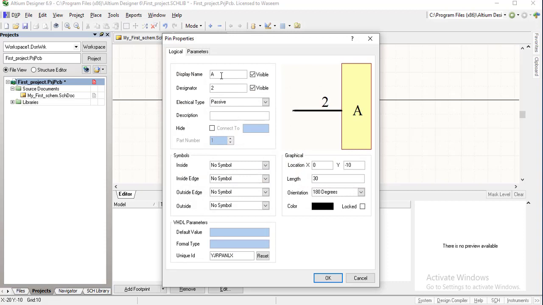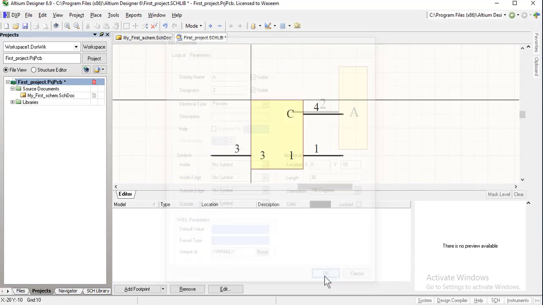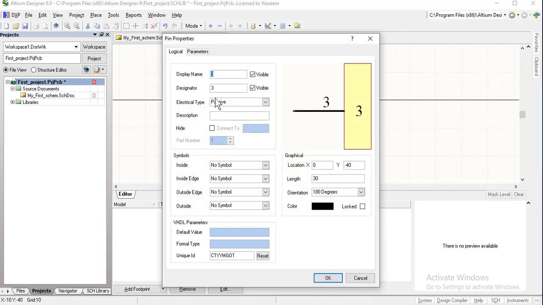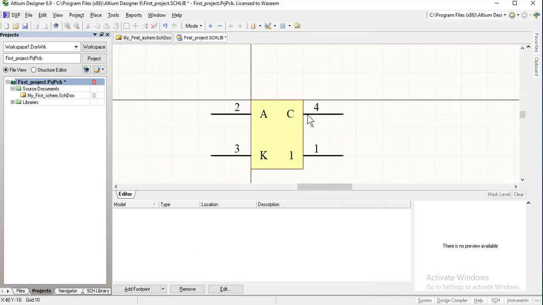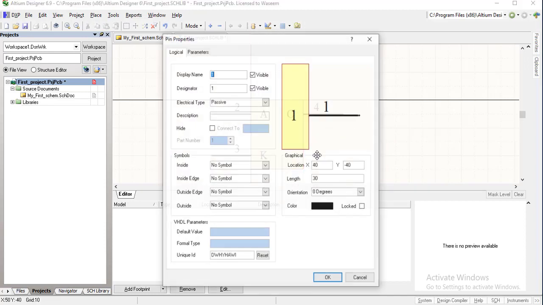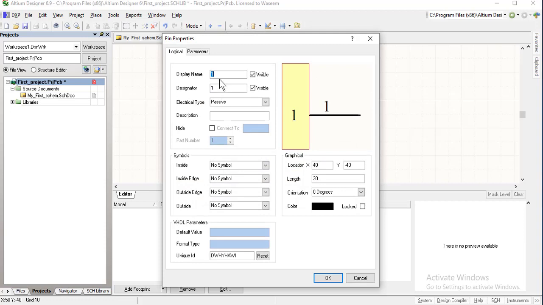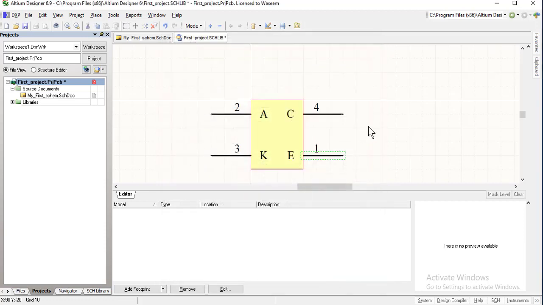One is the anode, so we change it to A. Number 3 we change to K. This is the cathode, and this is the collector, and this is of course the emitter, so we rename it as capital E. So now we have created a new component. Outside the box there are the pin numbers, and inside the box the functionalities.